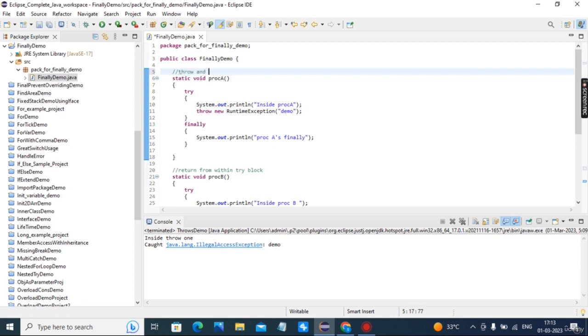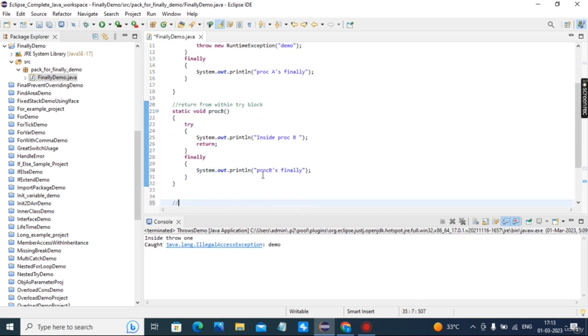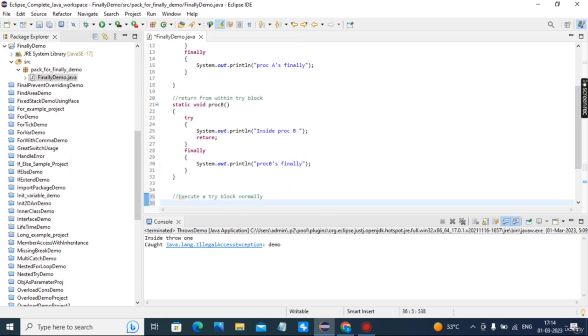Here, return from within a try block. The third is execute a try block normally. So static void